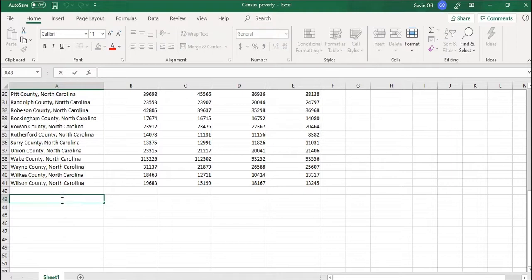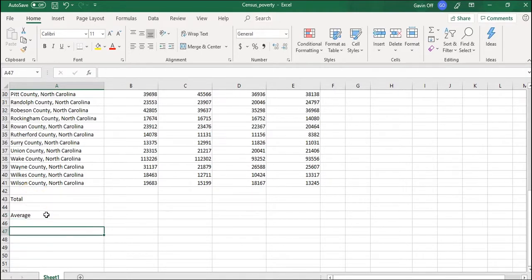Now you also want a total number of people below poverty for each year. So you want a total down here. You want an average for each year. So you want an average. You want a percent change, not for each year, but for 2016 to 2017. Percent change of the total number of people. So percent